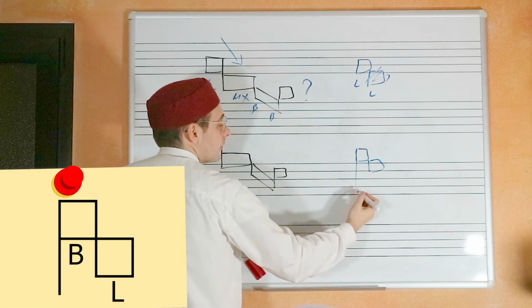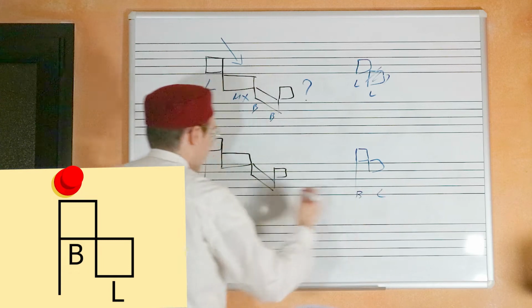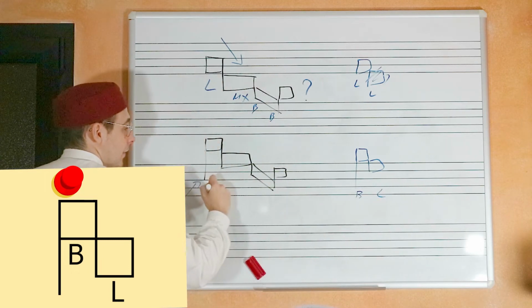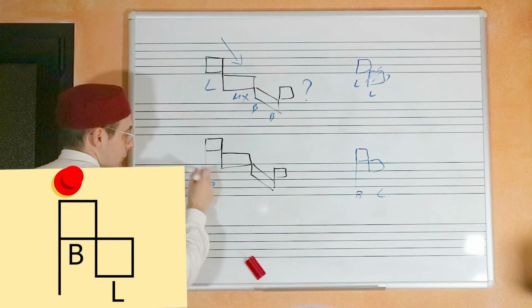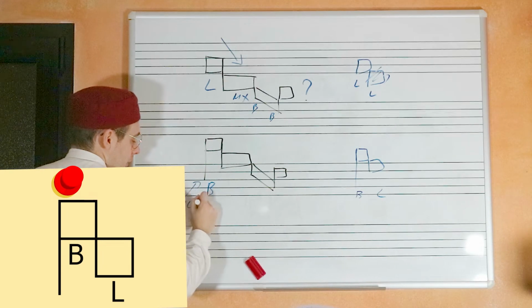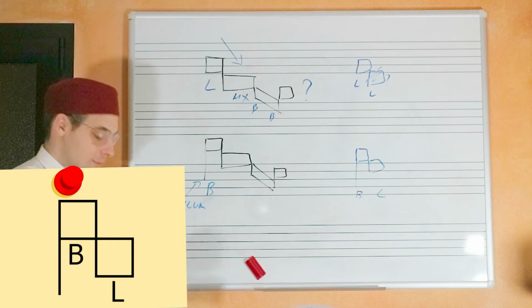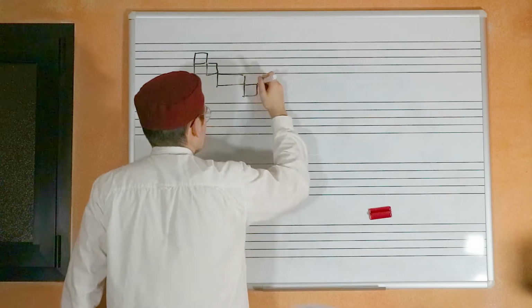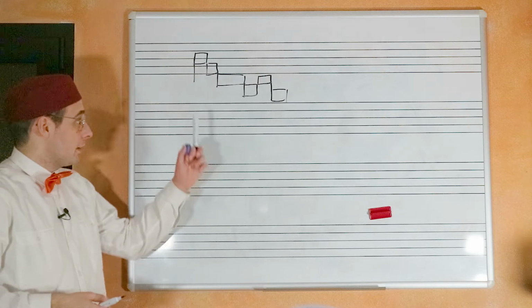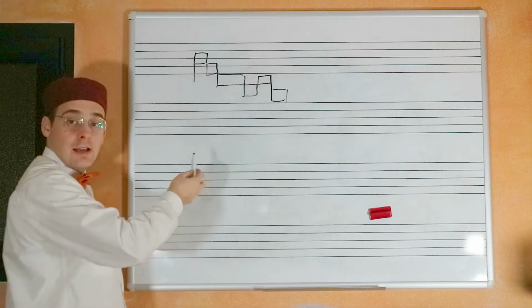That is brevis, longa. So here I have a brevis and not a longa because of the descending pilum at the left. It is very simple. Now let's consider this other example. In this example I have